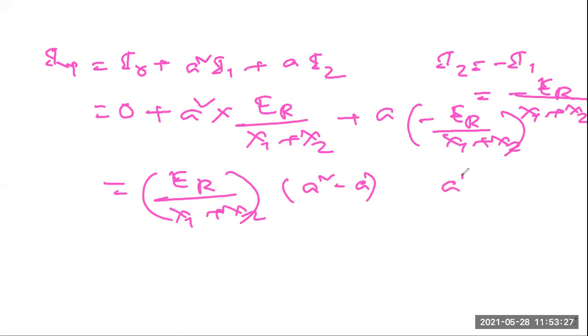Can anyone please derive what is A square minus A? Please tell me what is the value of A square minus A. You know that thing. A is 1 angle 120 degree, so A square is 1 angle 240 degree. What is the value of A square minus A? Have you understood what I have said? Yes, sir. Okay, so please calculate. Yes, sir. J root 3. A square minus A.